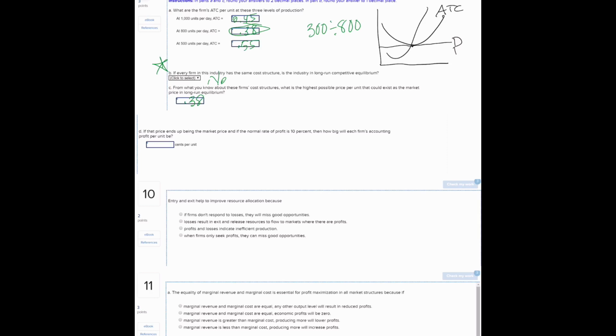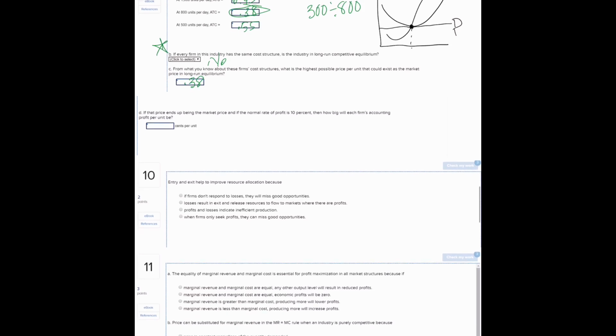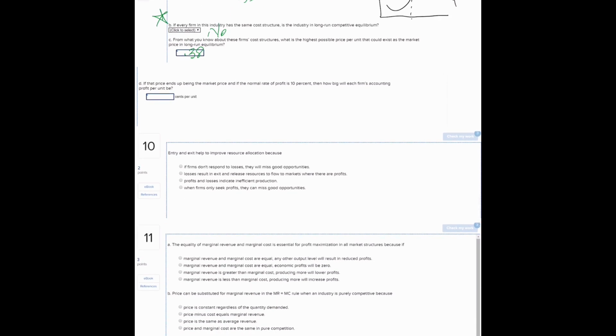And that is the output where they're maximizing lowest average total cost, the minimum there. And that long-run equilibrium simply means that there are no profits or losses to either drive firms out or entice firms in, which means that the industry can maintain this for some time because no firms have incentives to leave or enter. So there aren't going to be changes in the market,